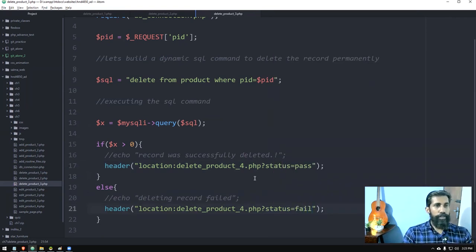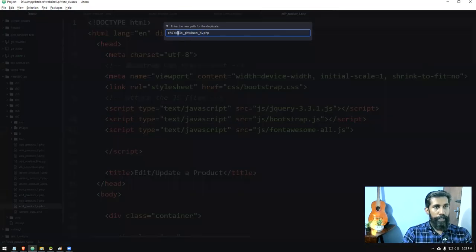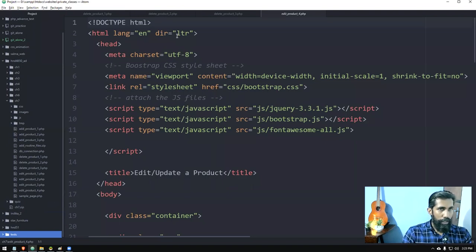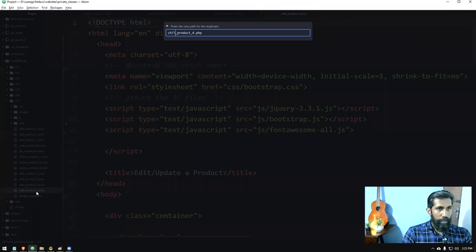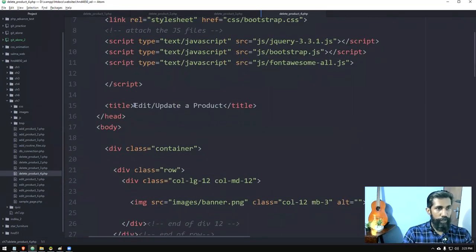Okay, so that's all this program is about. Now we can take the edit product 4 file and duplicate that into delete product 4. I pressed the delete key, sorry. Delete product 4, right? It's done now. Delete product 1, 2, 3, 4 we have, right? For the fourth one, we're going to say